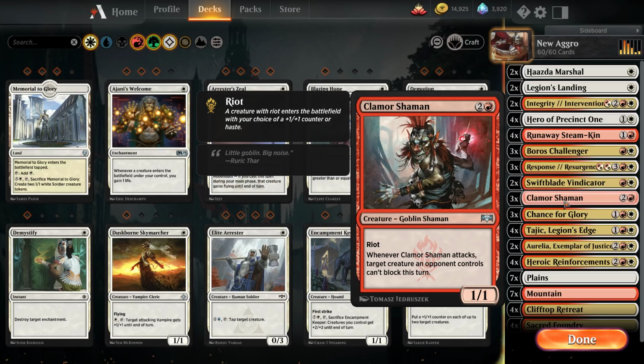Very good card, believe it or not. More often than not, you're bringing him in with Riot to get rid of a blocker who would normally be killing one of your creatures, such as your Tajic or a Swiftblade Vindicator, or something else important that you really want to live. And then we've got our Chance for Glory and